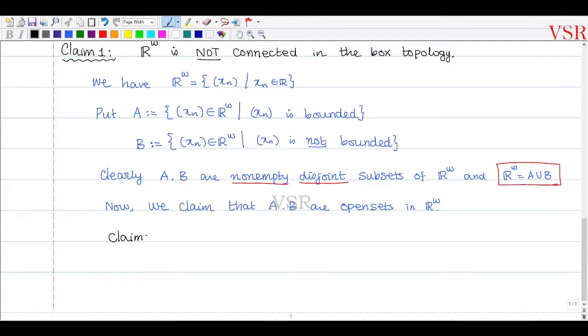Claim வந்து என்னது? That is A is open. Capital A is open. Open என்ன சொல்லணும் அப்படினா, இதில இருந்து நான் ஒரு பாயிண்ட் எடுக்க போறேன். Let a sequence an அப்படினு ஒரு சீக்வென்ஸ் எடுத்துக்கேன், கேபிடல் A ல எடுத்துக்கேன். ஓகே, இது ஓபன் சொல்லணும். என்ன சொல்லணும் அப்படினா, then there is a basis element U of the box topology